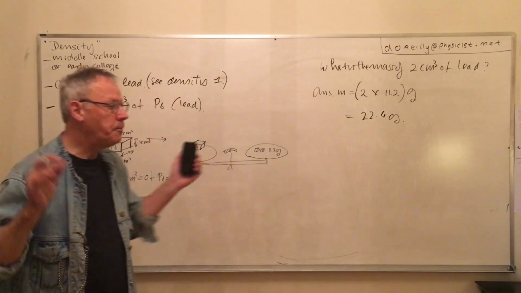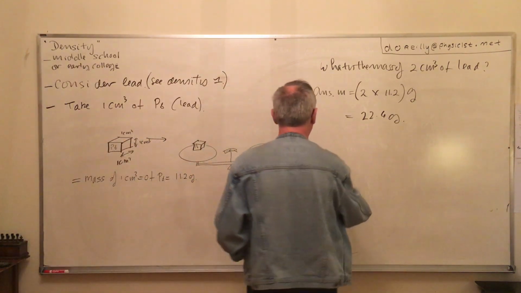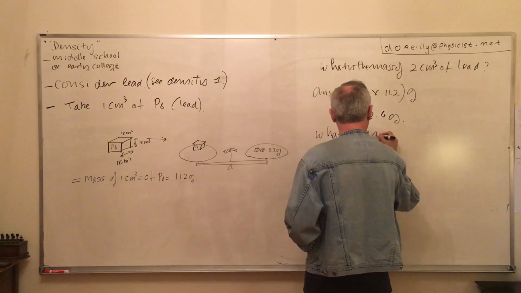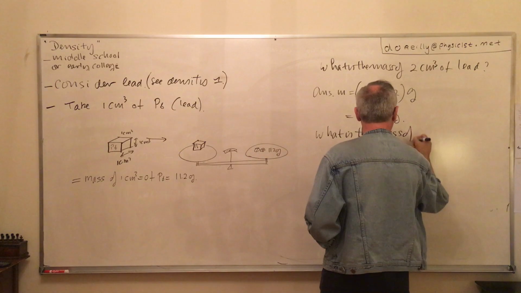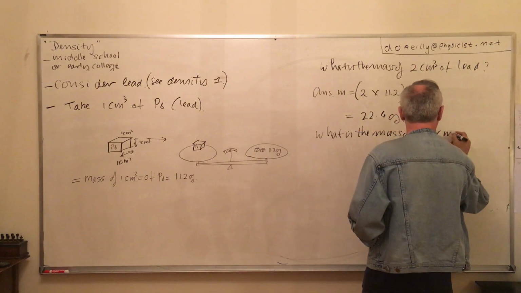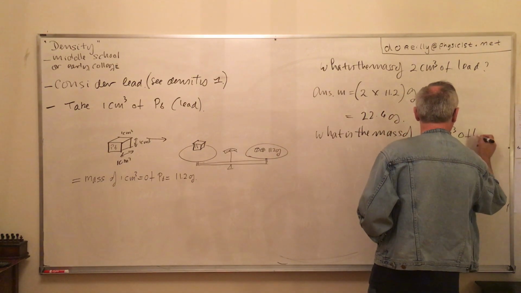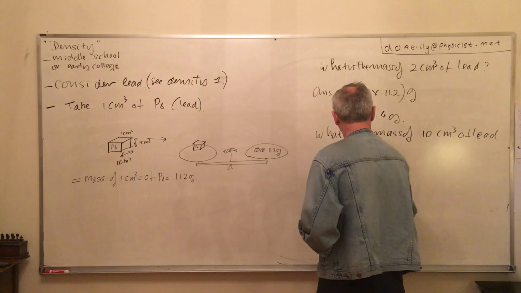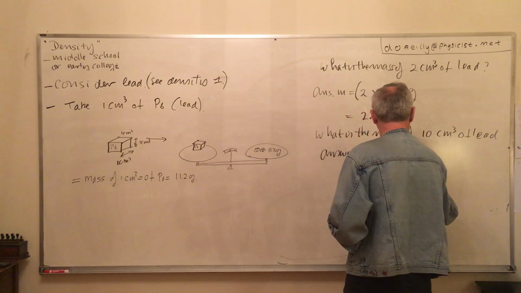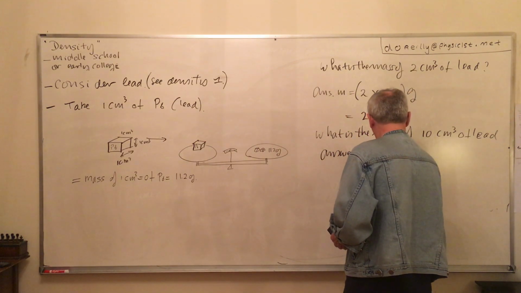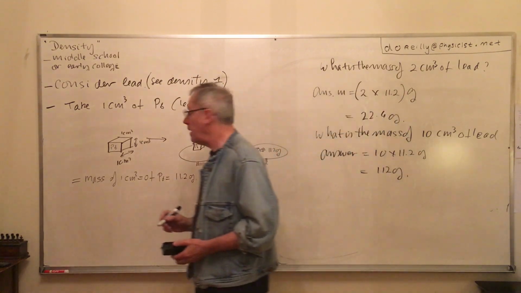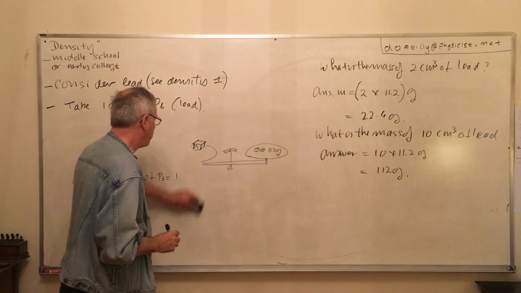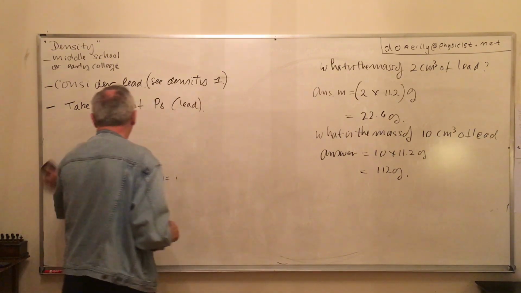What's the mass of 10 cubic centimetres of lead? The answer is 10 times 11.2, or 112 grams. This is what we're doing for lead. Now,